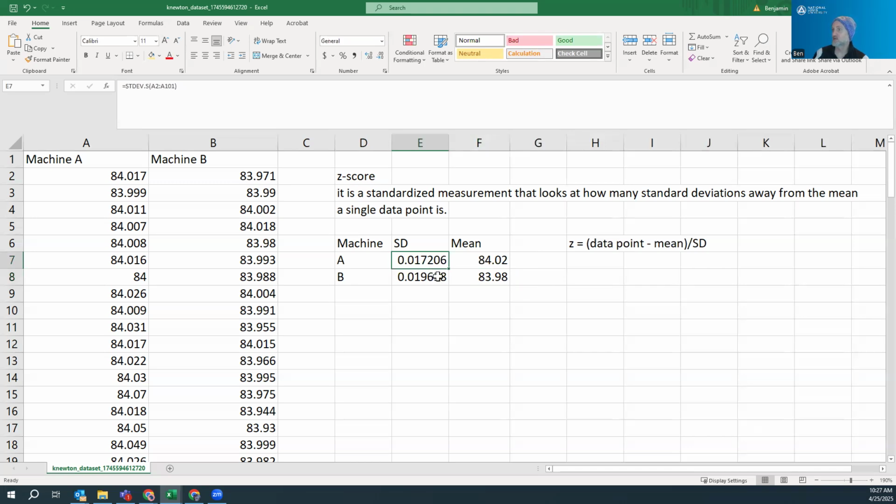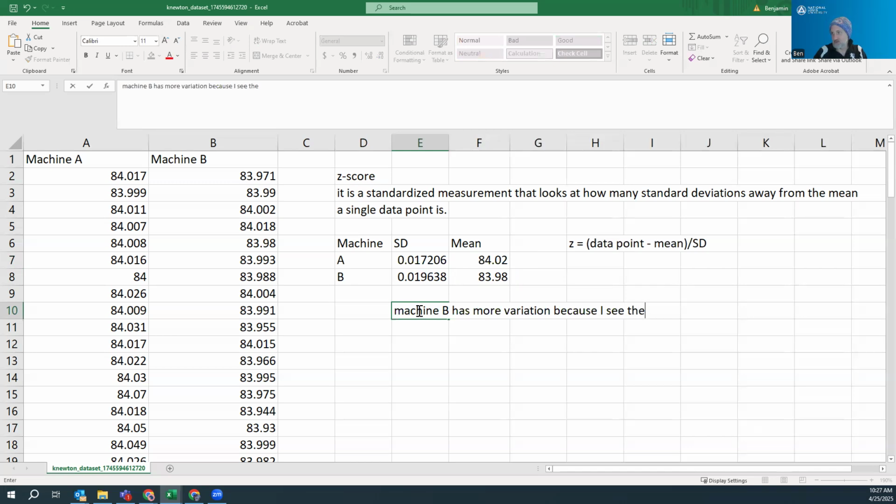And in general, although these are very close standard deviations, machine B has more variation because I see the standard deviation is slightly higher. Pretty similar, but